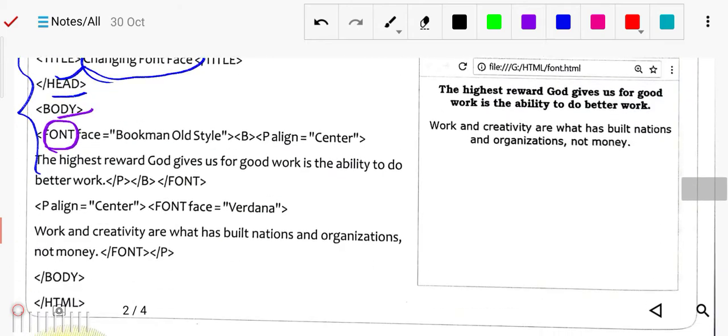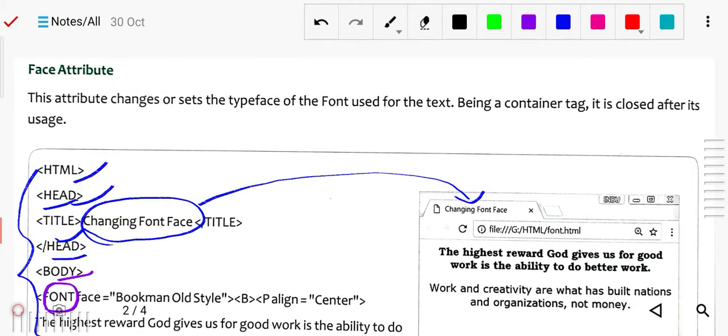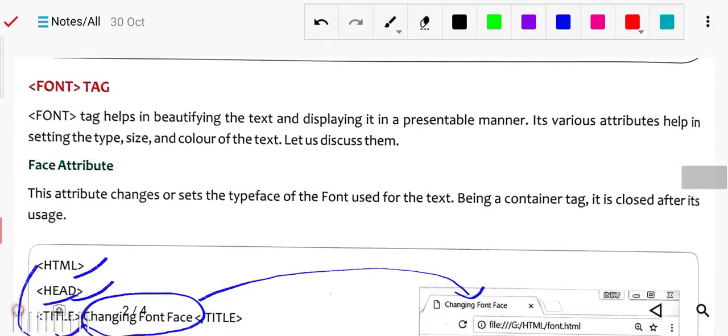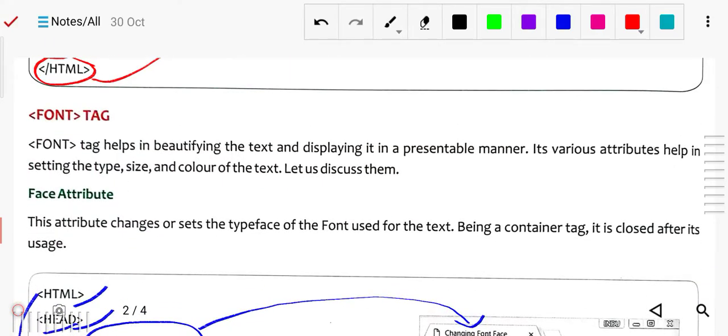Now next is your font tag. The font tag helps in beautifying the text and displaying it in a presentable manner. Its various attributes help in setting the size and colors of the text.